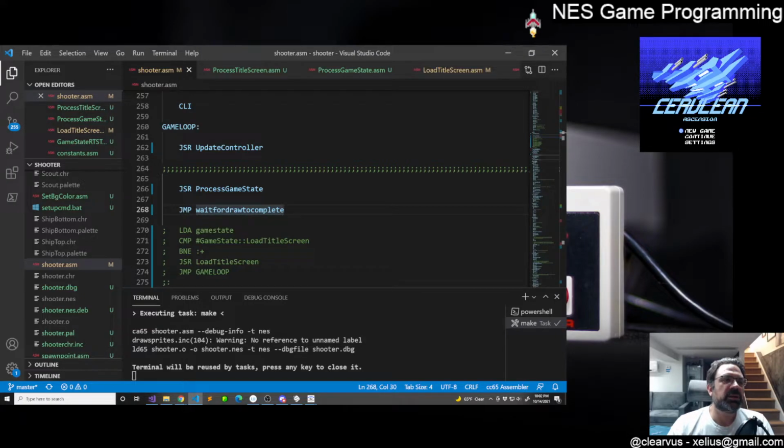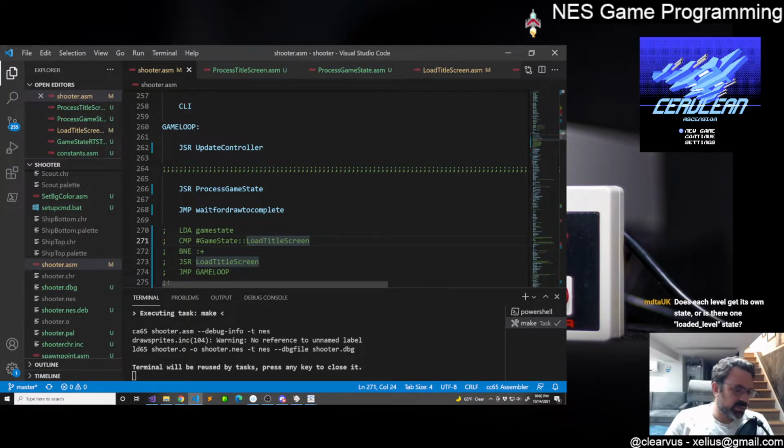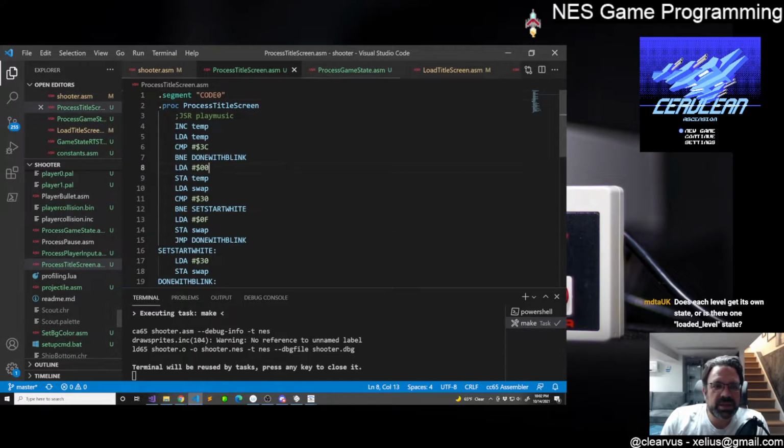Wouldn't there be load title screen, then render title screen, as well as animate title screen and other smaller functions? In this case it's not really doing much, so process title screen is probably an okay overall function name,